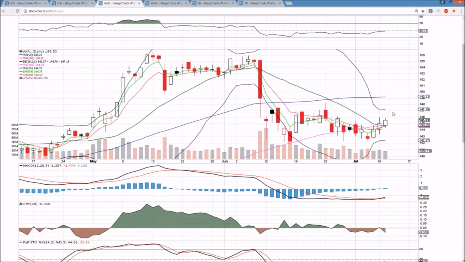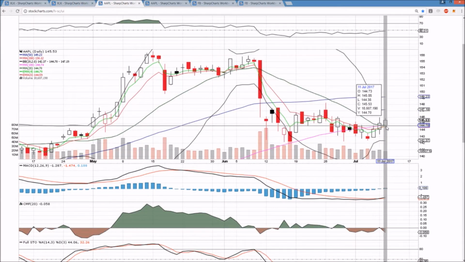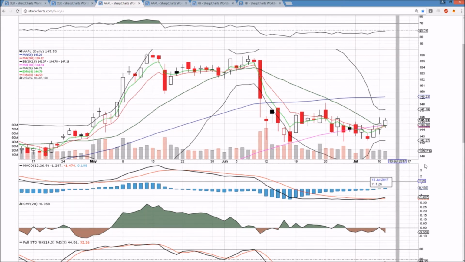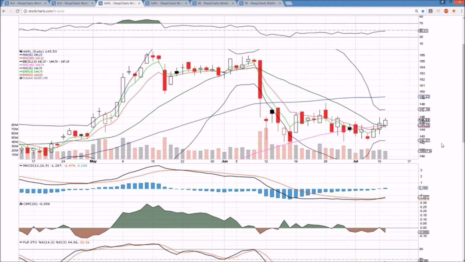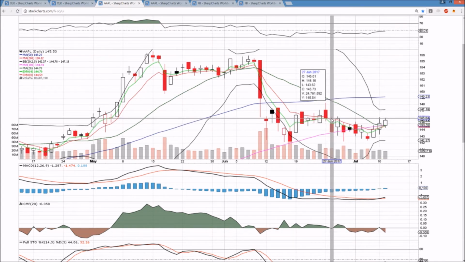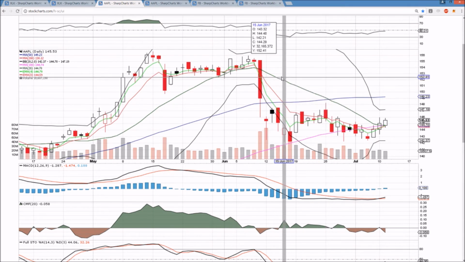Apple on the daily time frame, inside bar to be watching tomorrow. Resistance is 145.85. We didn't break the high of yesterday, just barely, but we got our bull MACD cross. Same thing as the tech sector. We're scouting this lower high. We're waiting for a bearish reversal candlestick, but we're not going to fight this trend until we see signs of the bears taking over and signs of the bulls being done with the bounce. So resistance after 145.95 is 146.16, and then that lower high of 148.28.